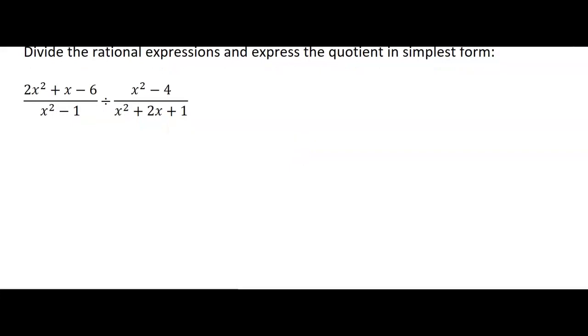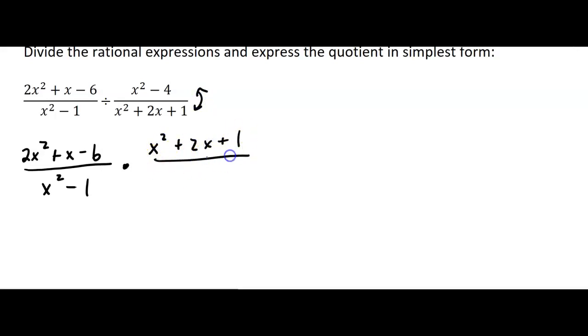Okay, so I'm going to take care of the division right away. I'm not even going to factor first. So I've got 2x squared plus x minus 6 over x squared minus 1. That's the one I keep. Change the division to multiplication, and then I'm going to flip these. So it's going to be x squared plus 2x plus 1 in the numerator, and then x squared minus 4 in the denominator. Okay, so there's a lot of factoring here because you have 4 polynomials that you're trying to